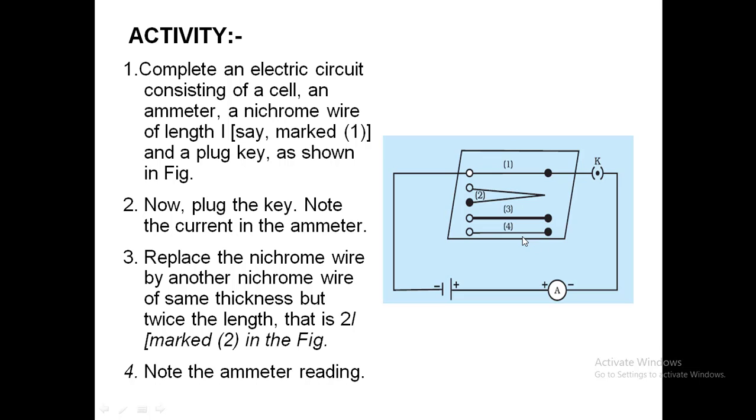So both are inversely proportional to one another. Now replace wire 3 with wire 4. That is a wire made of copper having the same dimensions as wire 1. Here also a greater amount of current is going to flow. What is the difference between wire 1 and wire 4? Wire 1 is an alloy, whereas wire 4 is a metal. So wire 1 offers more resistance than wire 4.